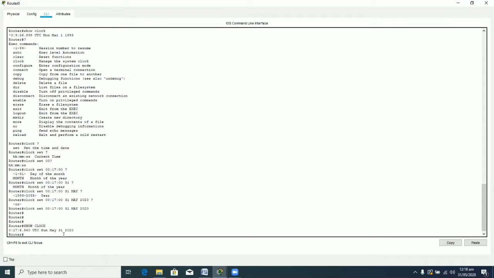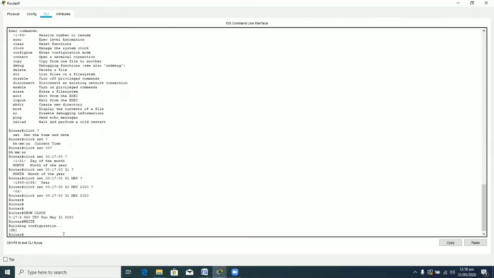One thing more I want to clarify here is that whenever you perform some task on your router, then kindly save your tasks, just like you save your work in case of Office by simply pressing Control S. So here Control S doesn't work. You have to basically just write your configurations.